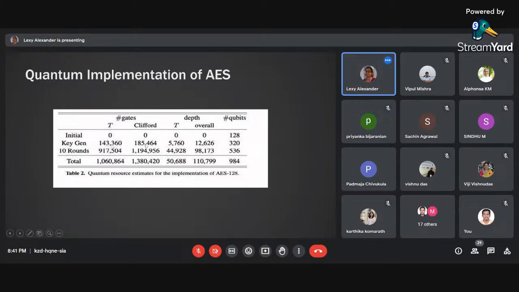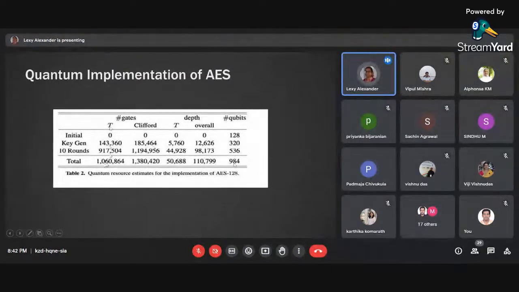So totally for the 10 rounds of implementation, T gates are 917,000, and Clifford gates become more than 1.1 million. The overall number of qubits required is 536. So in total, for the AES-128 implementation, you need 984 qubits,